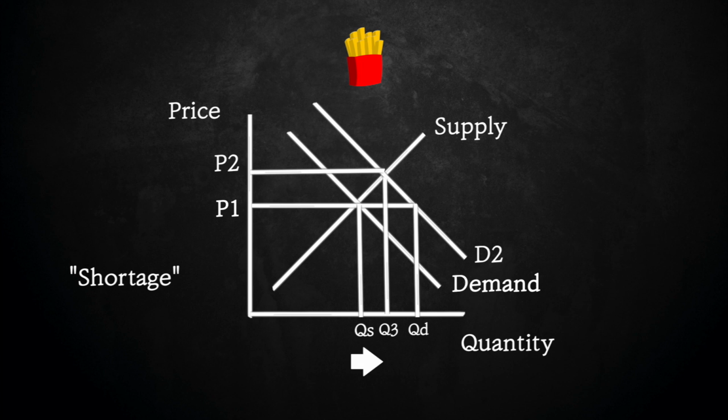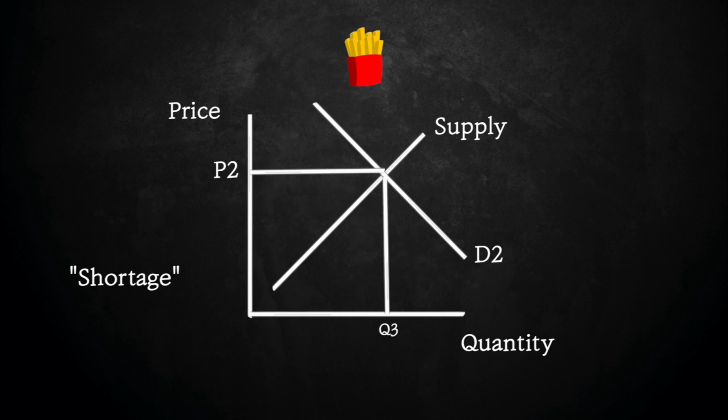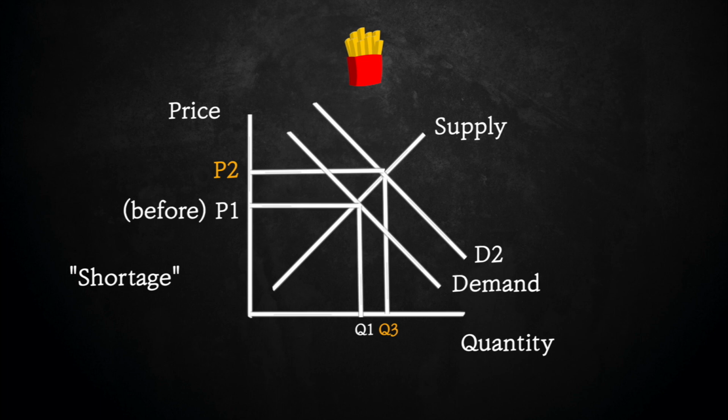Meanwhile, the consumers are like, well, the chips are fine, but I wouldn't buy them at a price this high. This is when QD decreases to Q3. So the price increase, as stated in the law of supply and demand, has increased quantity supplied while decreasing quantity demanded. And now the producers and consumers have finally met again. They have agreed on a price and quantity, and that's where a new equilibrium point is settled. As a result of increased demand, prices are higher and quantities greater than before.